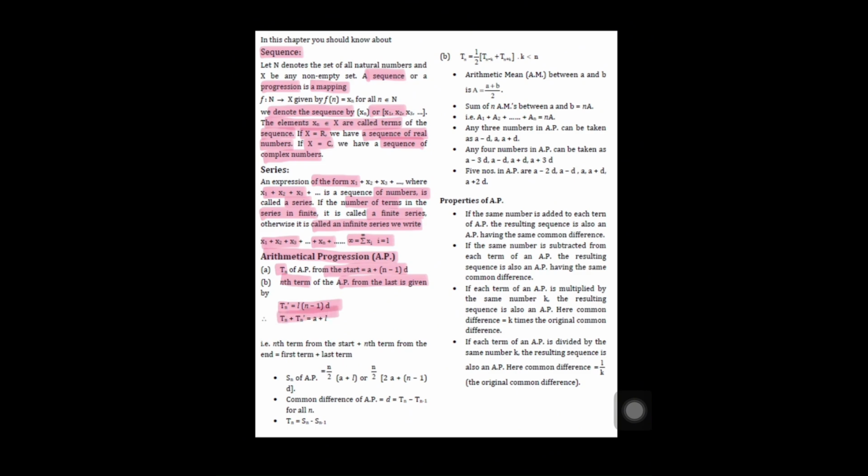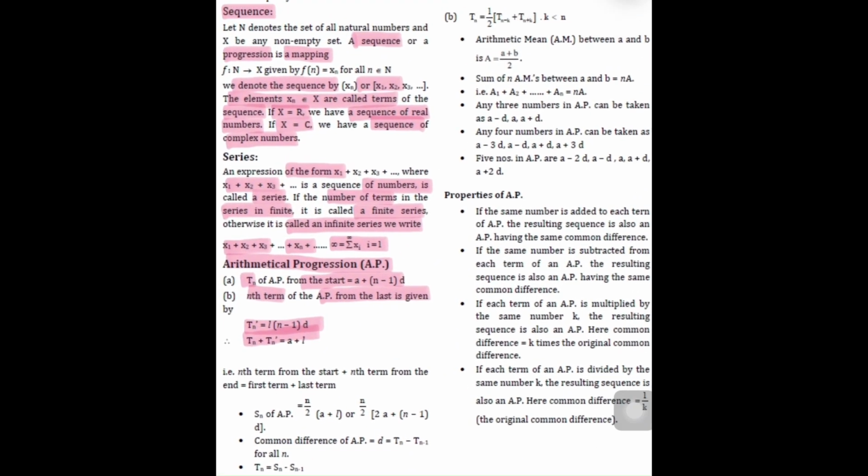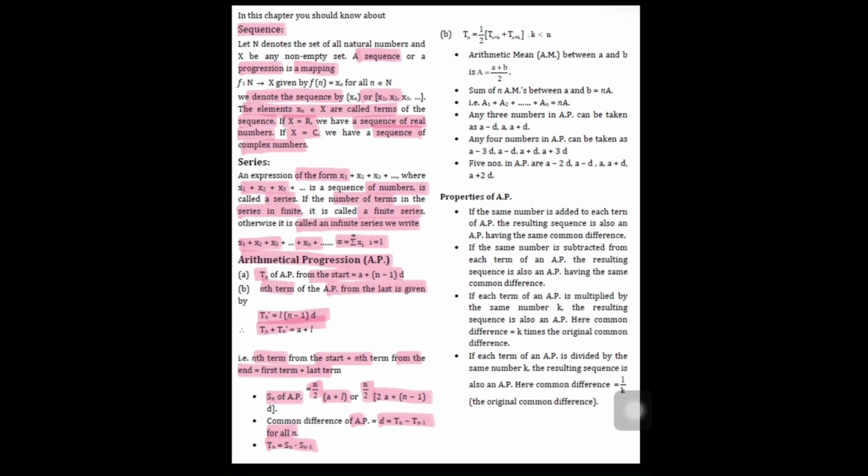And there are also different formulas for getting the nth term of the progression. There is also n, a, l, and d as you can see on the screen, where n is the number of terms of the progression, while l is the last term of the progression, and a is the first term of the progression. Then we have d, which is the common difference of the AP, and we can get it by subtracting t(n minus 1) from tn. And we can also get the nth term by subtracting S(n minus 1) from Sn, which is the sum of the number of terms.